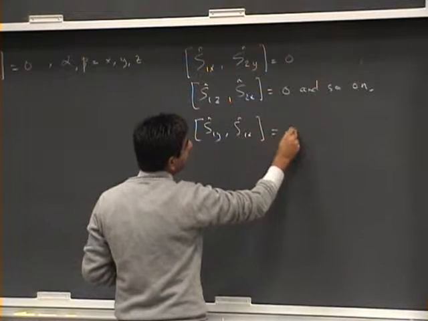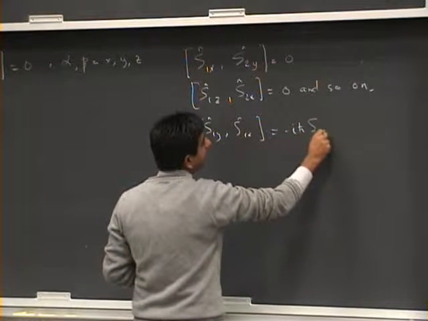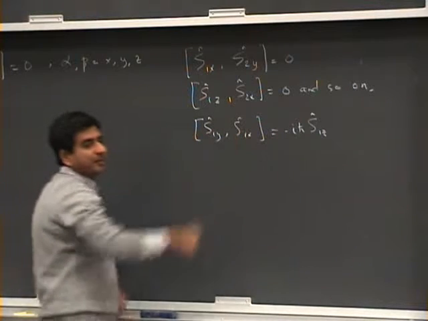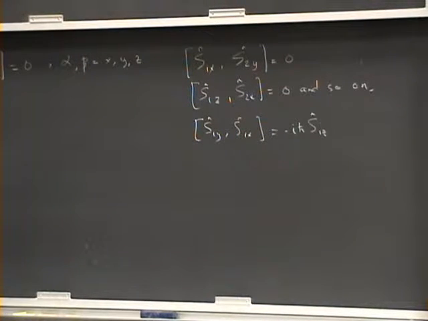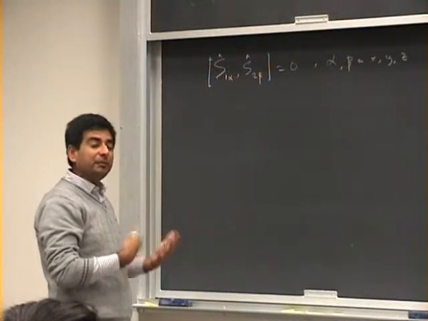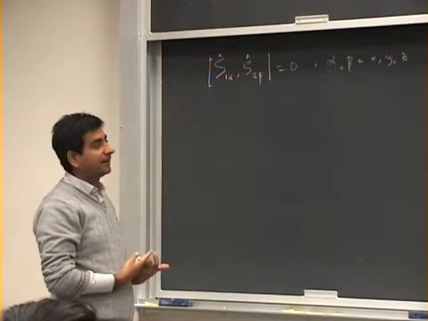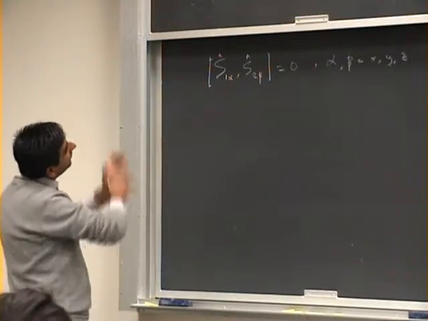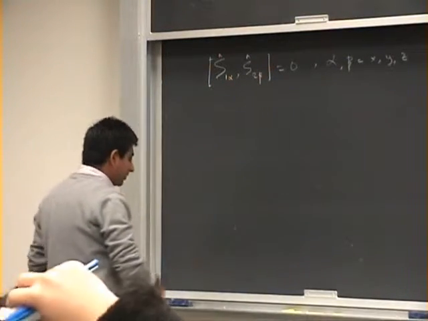This will in fact be minus i h bar S1z. So these angular momentum operators will satisfy the usual commutation relationships. The key point is that angular momentum operators acting in disjoint, different Hilbert spaces, belonging to different particles, mutually commute. They are disjoint. Now I would like, with this arsenal, to introduce